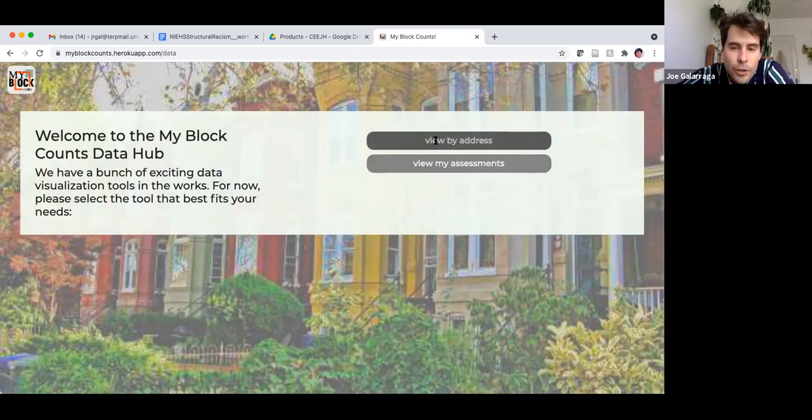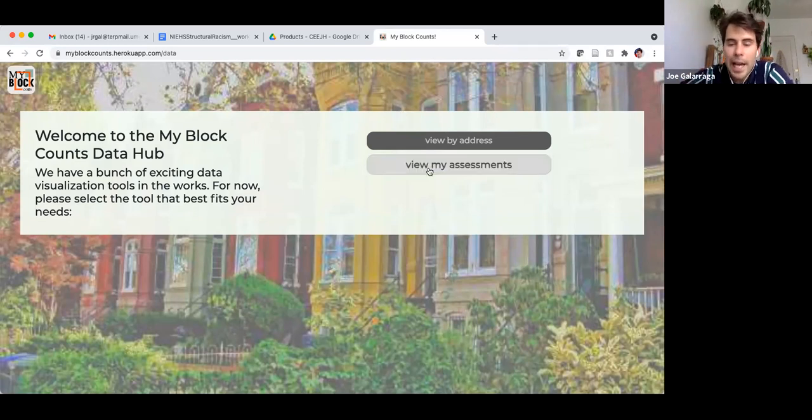So this is a feature that is the view by address. As I said before, we're trying to have this be completely open. We're not quite there yet, as you can see. It's grayed out, but what we'll be able to do is, if you're curious about an area to see if it has been assessed, let's say you want to make that comparison, you can type in the address or a general area where you might be looking, and it'll bring you a map with points showing the different blocks that have been assessed. So let's say you can't find something on the very specific block that you want to look at, but maybe you could find something nearby that people have assessed.